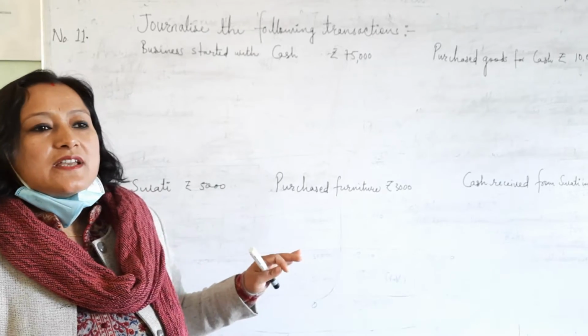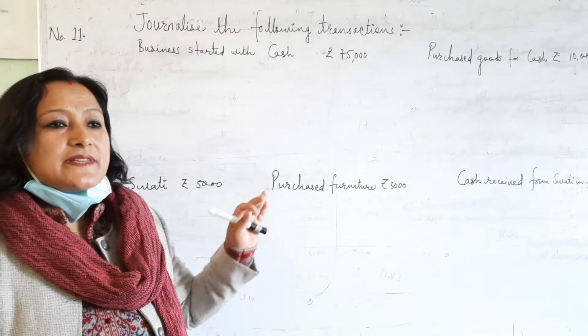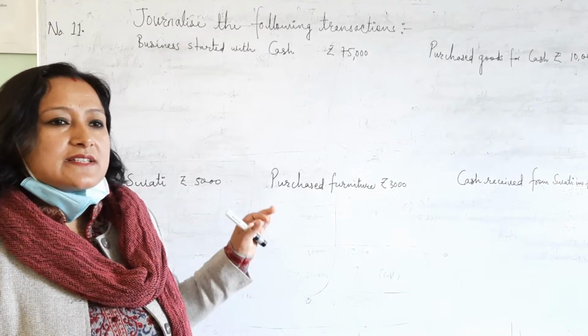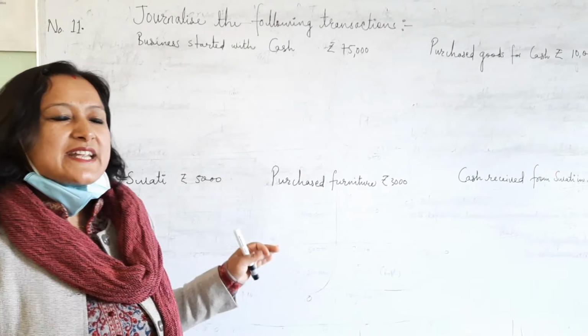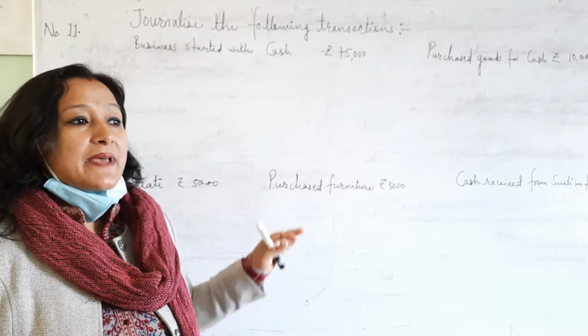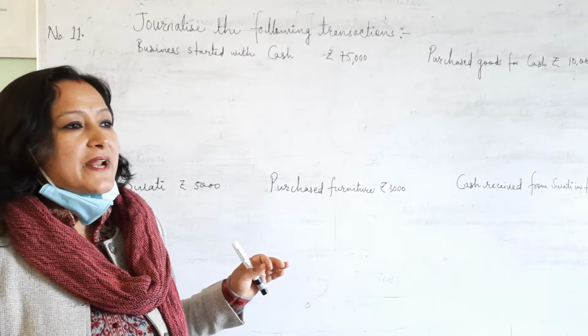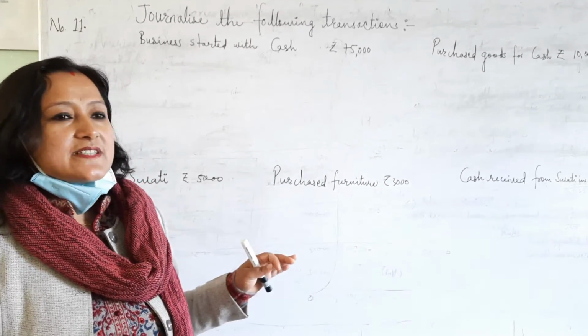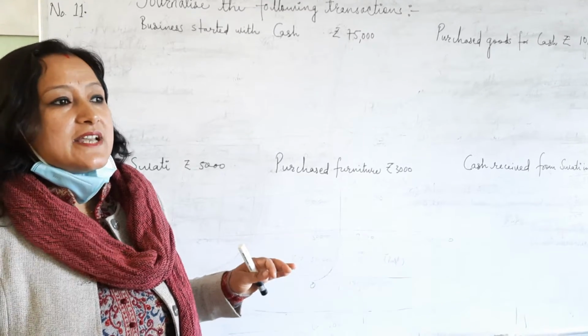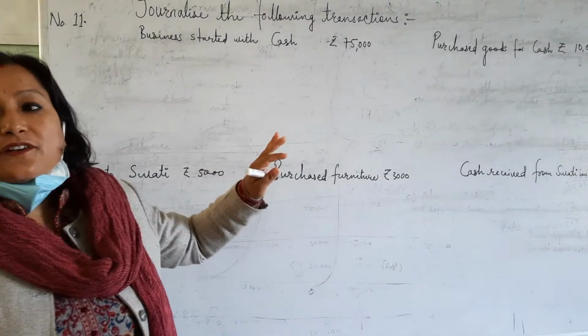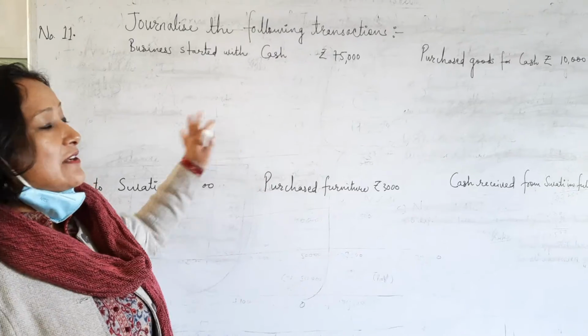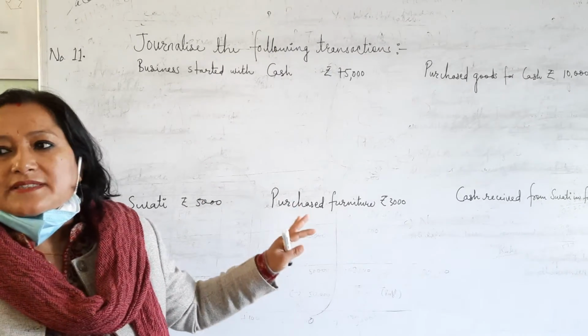Like that, the remaining part of the transaction is expenses and losses, or income and gain. If income and gain increases, then we will be writing in the credit. If expenses and losses increase, we will be writing in the debit. So after learning these two methods, only then will we be able to write up all these transactions.